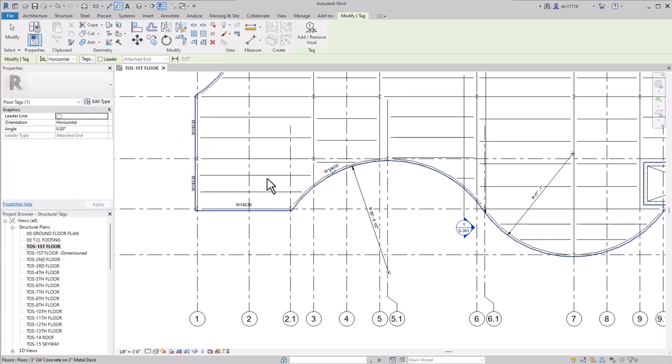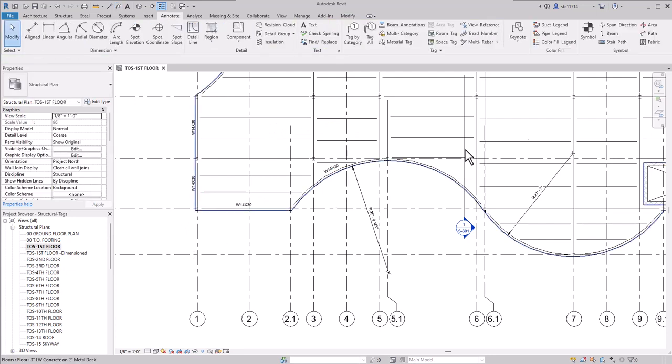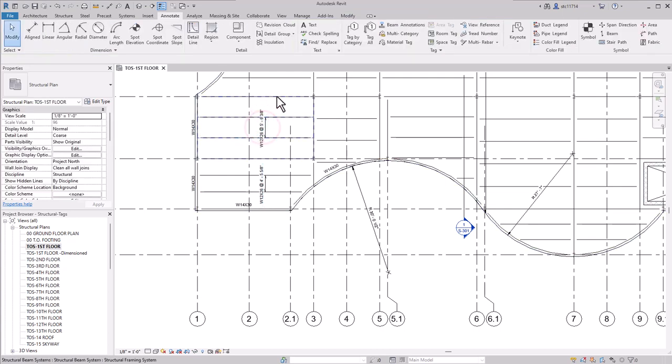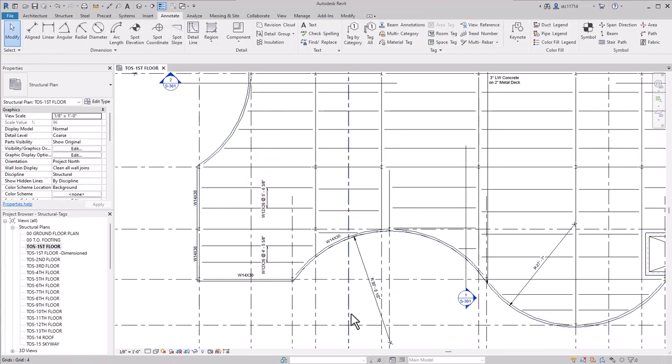It is possible for me to tag the other beams in here, but these are actually part of beam systems, so I'm going to tag those differently. I'm going to go to the Symbol panel here on the Annotate tab and select Beam. This is the beam system symbol. Now you can see that it will highlight the different beam systems, and I can just simply select a beam system and then click to place the label. And you can see the arrows will show up just inside that area. So very easily I can go through here and label all of my different systems.